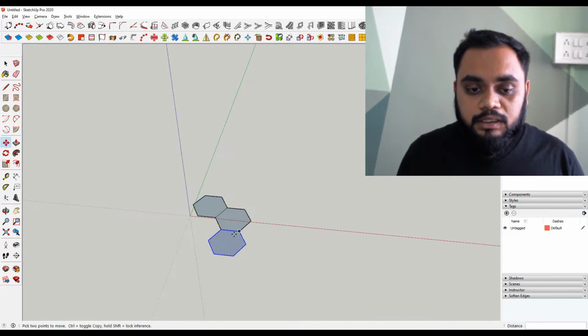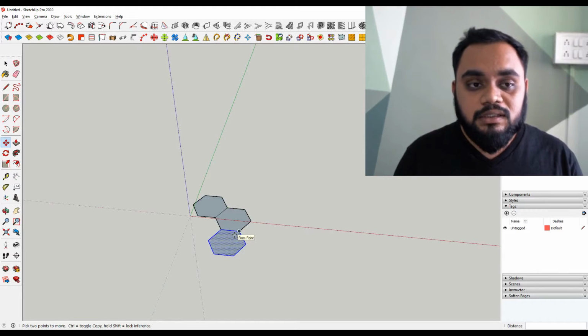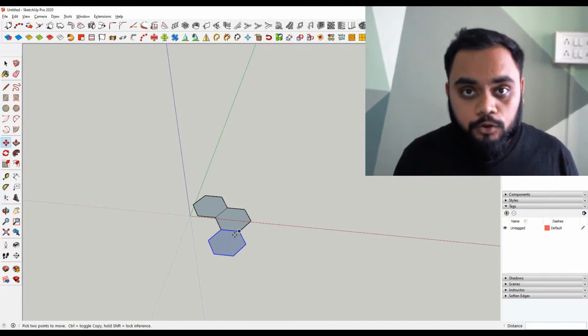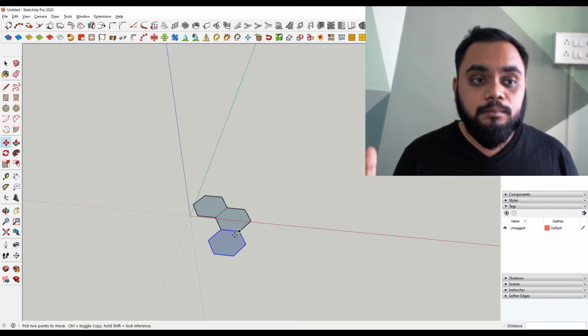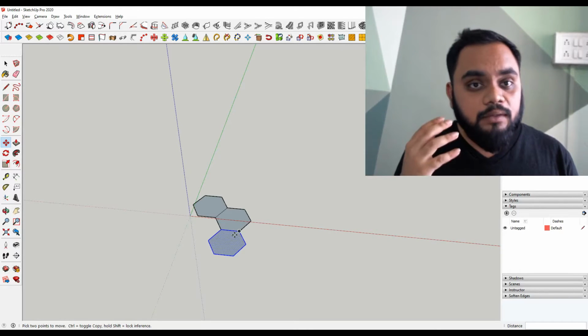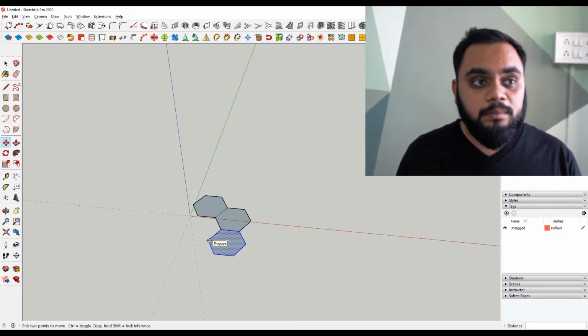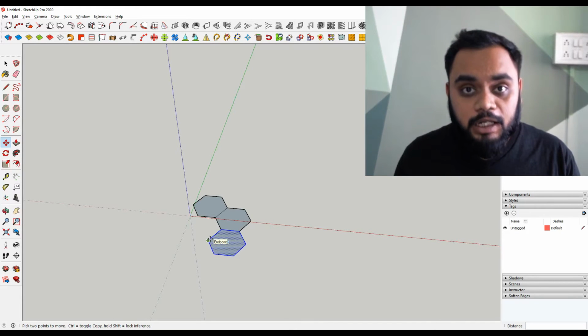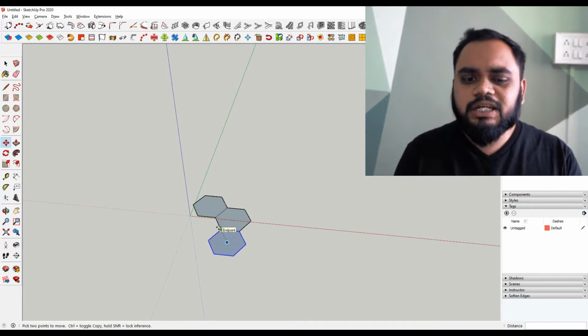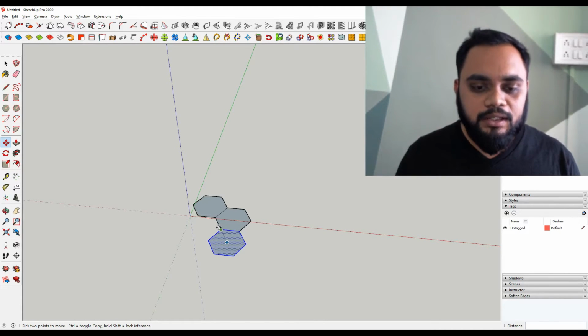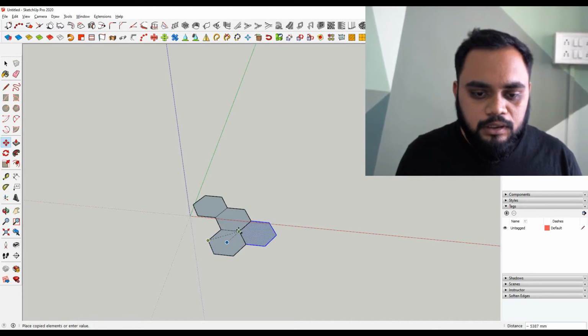What I want you to look at is not just how I'm making the interlace, but that for any drawing you're doing which has patterns similar to this, you can apply the same approach. If you have made a plan which is this kind of shape, or maybe a triangular plan, maybe a circular plan, whatever it is, you can use such tricks. Just deconstruct that form and try to build it quickly. First, I'm just making this basic shape.